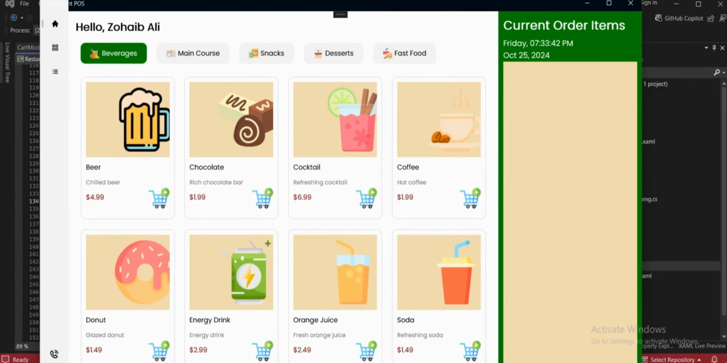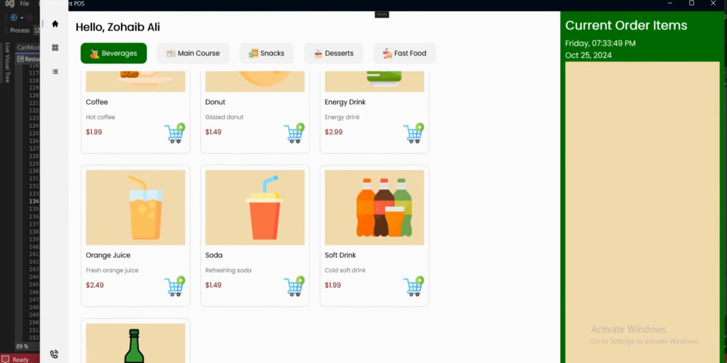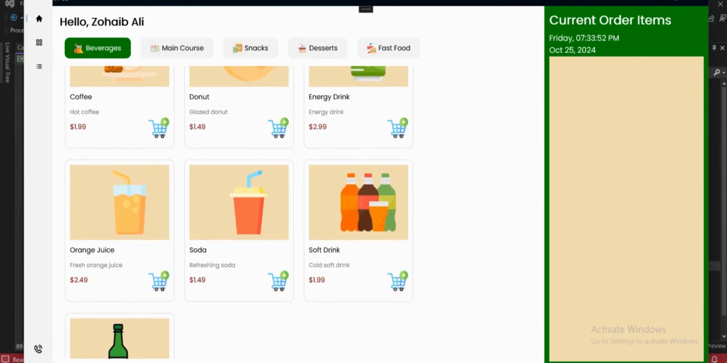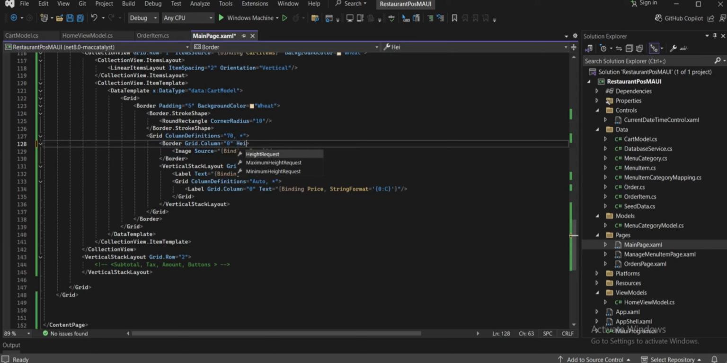Okay, as you can see, our cart model is now opened. Well, it's looking good, I think. Yeah, but it needs some more modification. So let's do that. For that, we will just go to our border. We will just remove the grid dot column 0 from here, and we will add it here. Okay, here we will just add the height request for the border to be 60, width request to be also 60, and